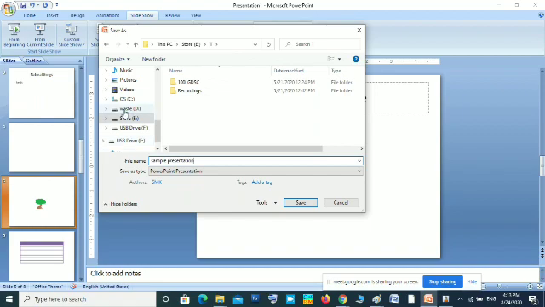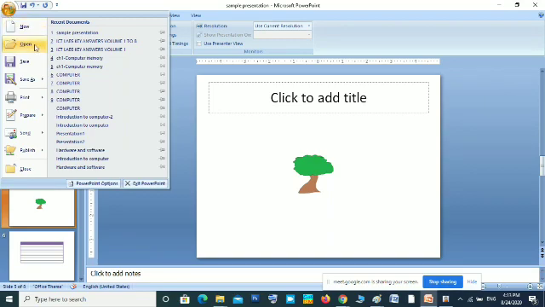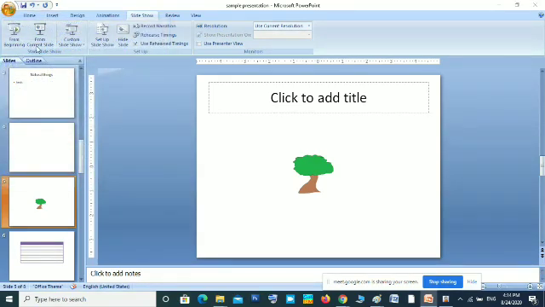Okay, sample presentation. When you are saving, you have to remember where you are saving. It is in the E drive and folder T. Just click the save button. I am telling you to remember that file name and location, so that next time if you want to open it, you can just click the Microsoft Office button, then select Open.